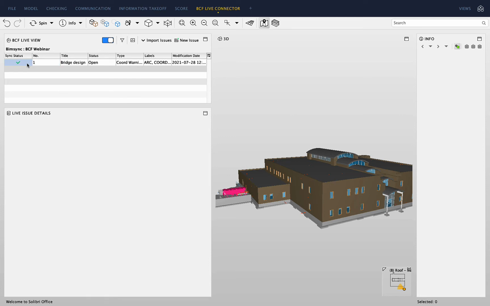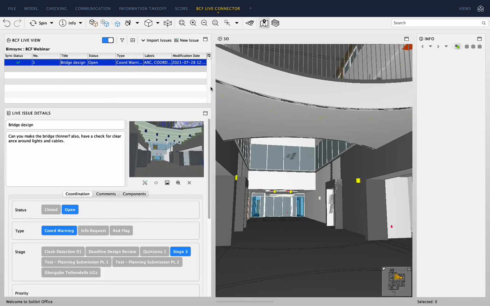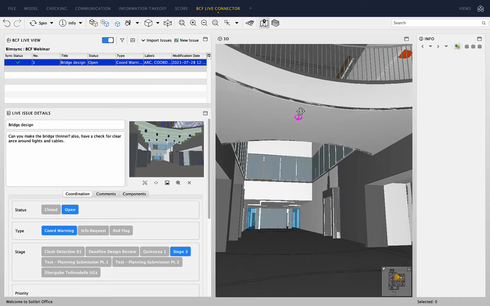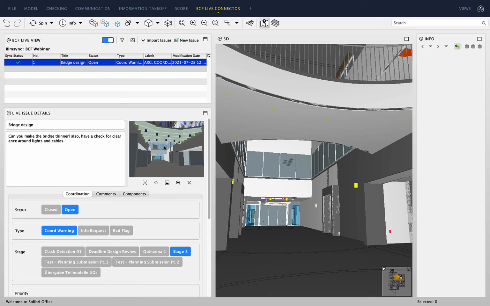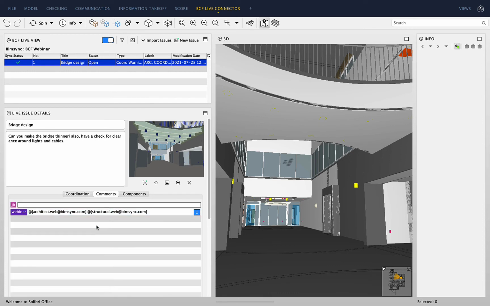So now, as you can see here, bridge design open. So let's see what's going on here. Here we go. So you have the view in Solibri, you have the preview from the BCF, and you have the comment from the project manager. And you see in the comment that 2 people have been assigned to it. So now I will answer my project manager that